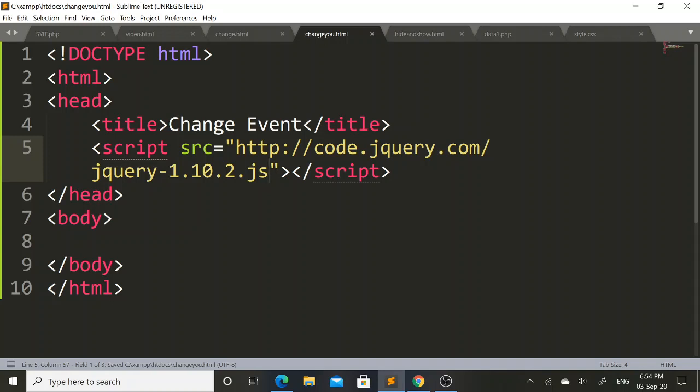So with the help of this jQuery library, I am going to execute change event, that is change jQuery event in my web page.